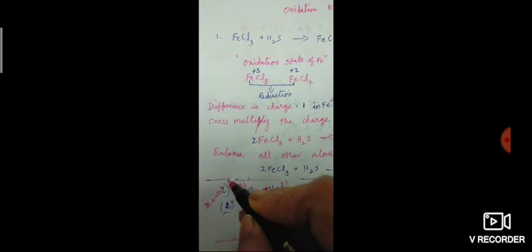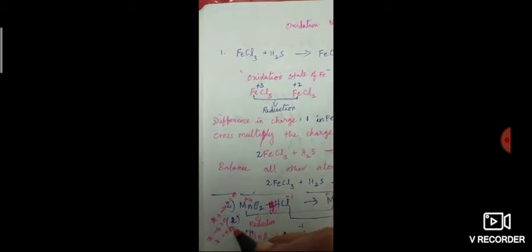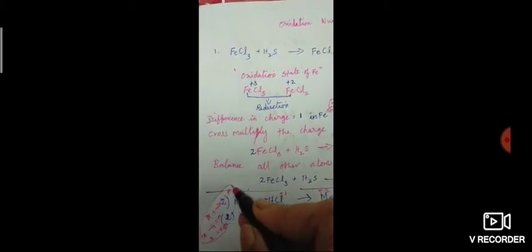Mn you consider as X, oxygen you consider as -2, into 2, so that is minus. So X - 4 equal to 0, so X is equal to +4. This is the way we have to calculate the oxidation number. So the oxidation number for manganese is 4.